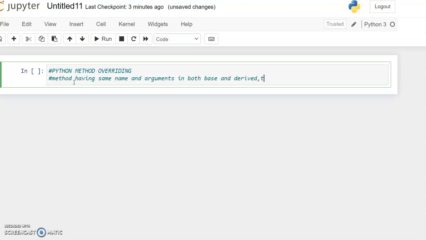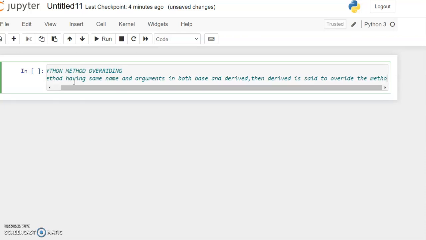Then the method in the derived class is said to override the method described in the base.